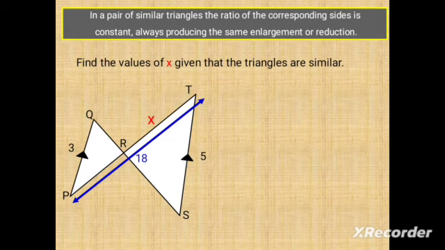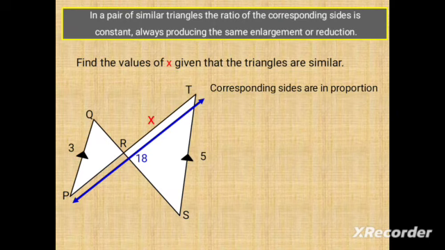Now, in our last example, find the value of X given that the triangles are similar, and as you can see, we have PQR similar to SRT. So we are going to do the same. We put the sides in the ratio. So we are going to have PQ and ST corresponding. And so in ratio form, we have PQ over ST equal to PR over PT